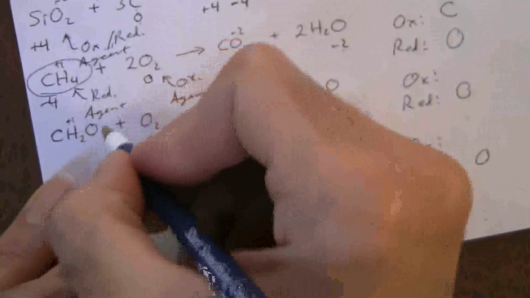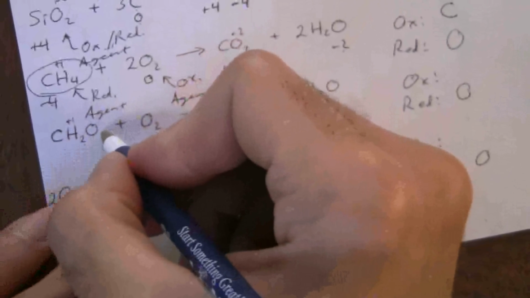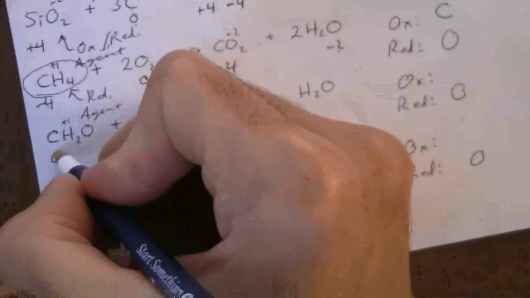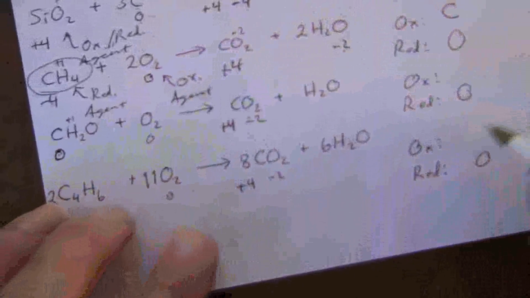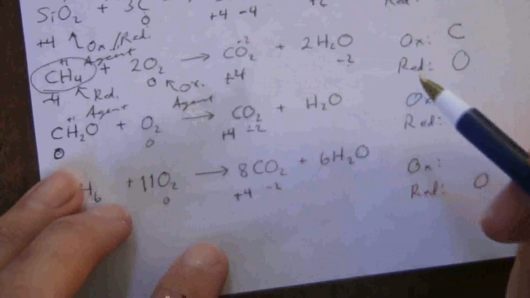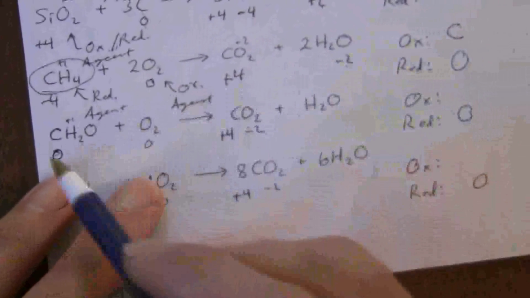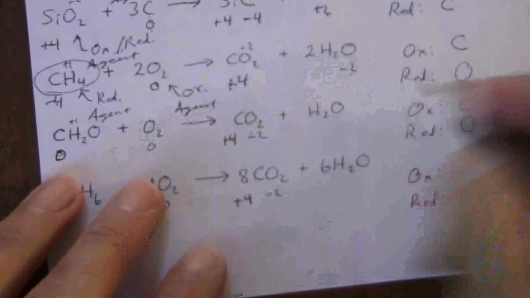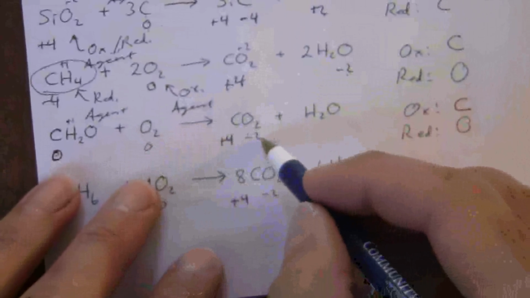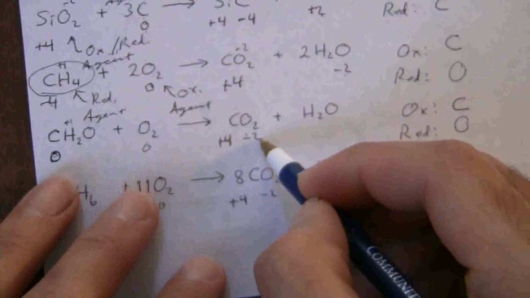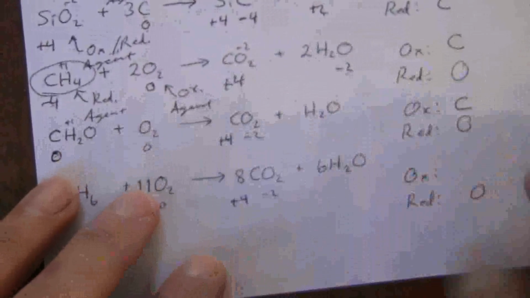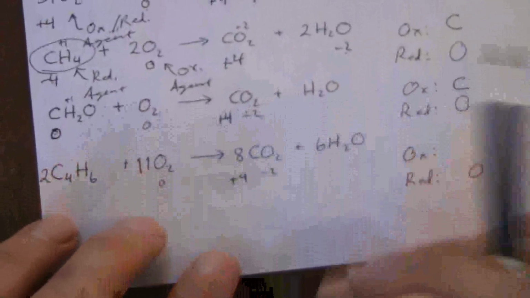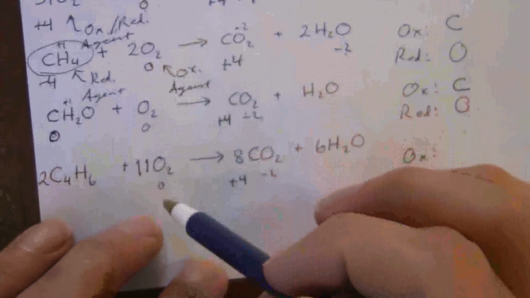Okay, so +2, -2, that balances out to 0, right? So, seems a little strange, but the carbon is also 0. And we see that it does indeed get oxidized, and the oxygen is reduced. Okay, so don't be put off by some strange things once in a while, particularly with these